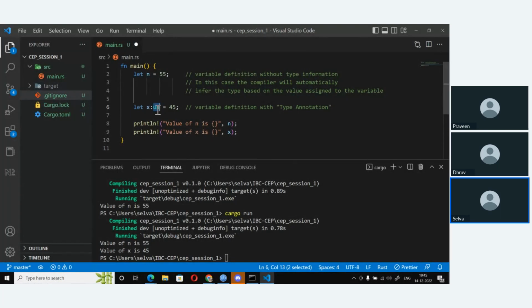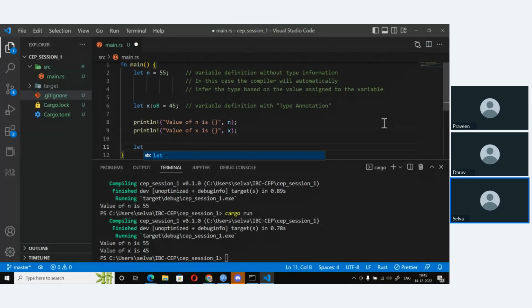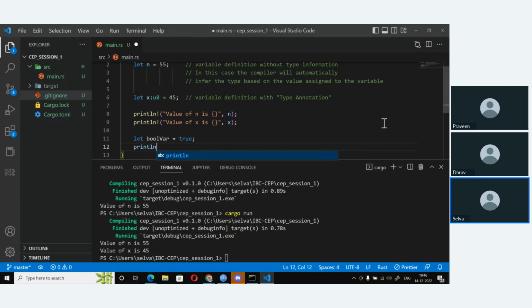Right. So similarly, I can create Boolean variables. So I can say let bool variable is assigned true, and if I print the value, bool variable.